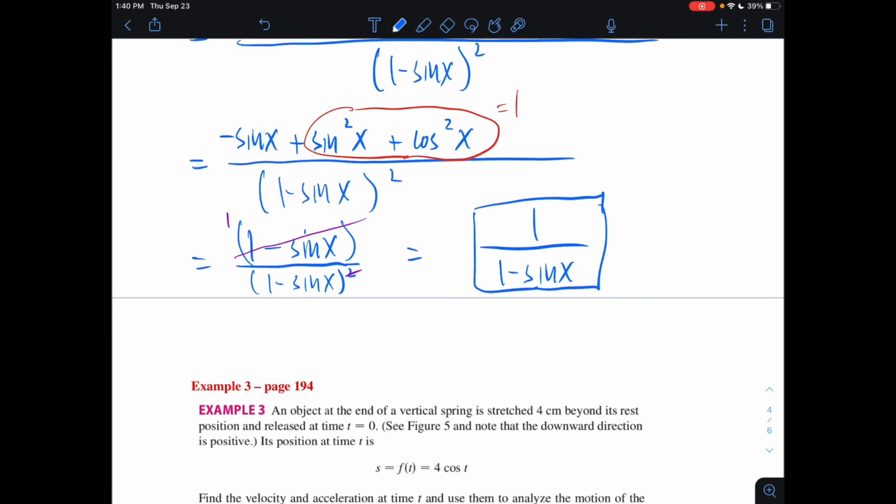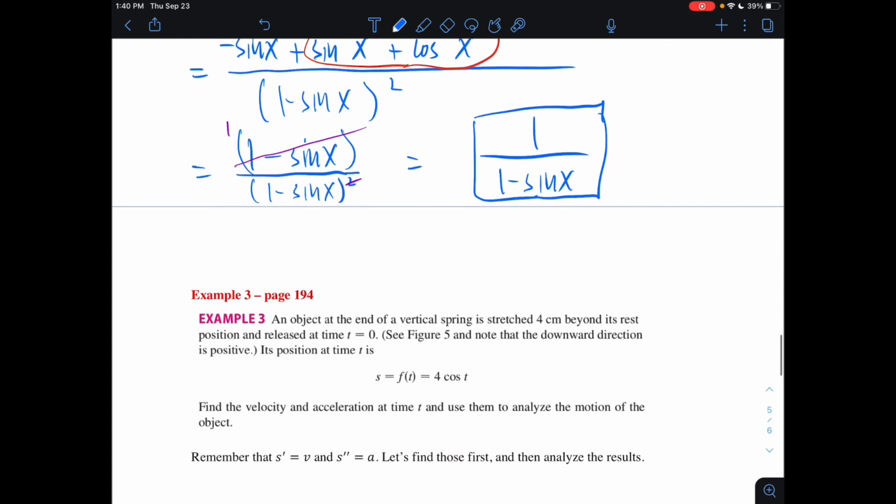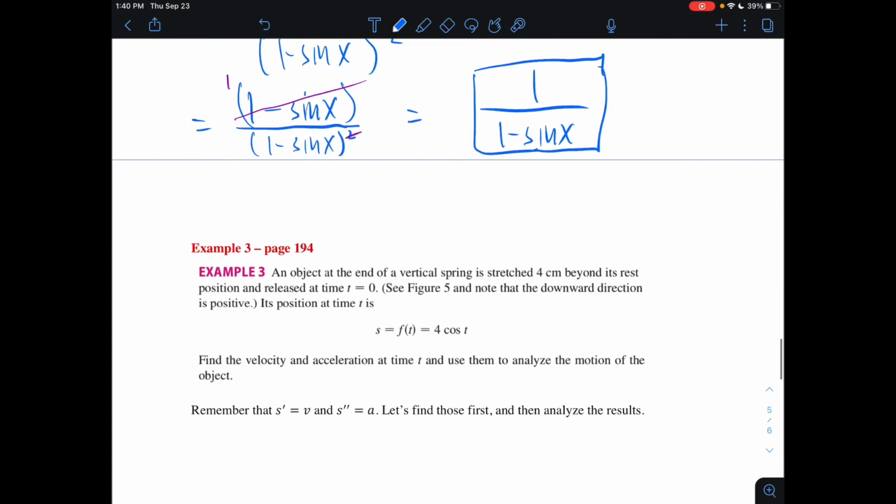All right, let's look at another application of these derivatives of trig functions. This is something that may remind you of something you saw in trigonometry, essentially harmonic motion. This is example 3 from page 194. An object at the end of a vertical spring is stretched 4 centimeters beyond its rest position and released at